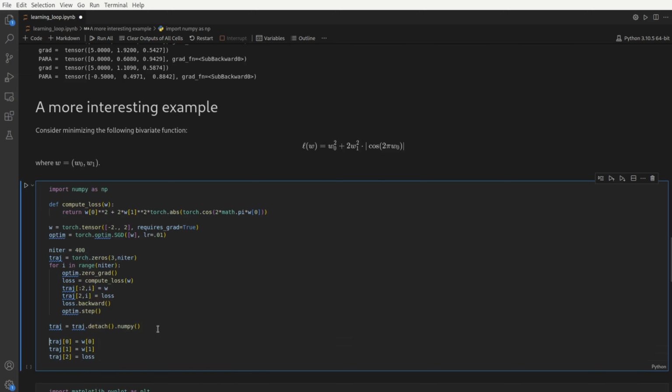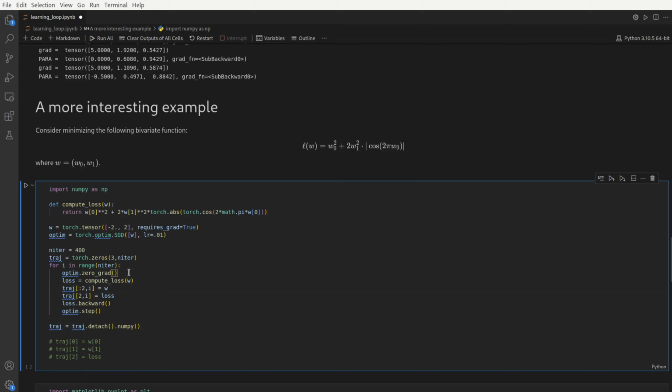Okay, so that's what will happen here. And using slicing operations on torch tensors, which are similar to numpy arrays, you can do it compactly like that. And then the rest you can see is our